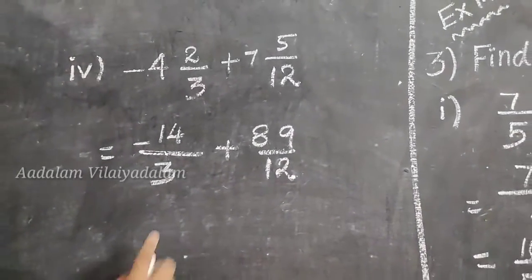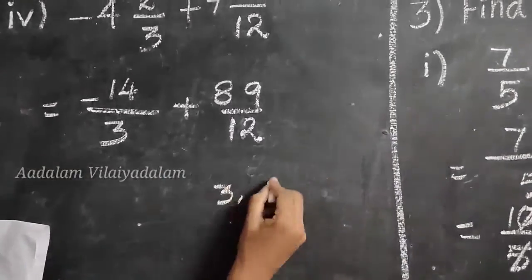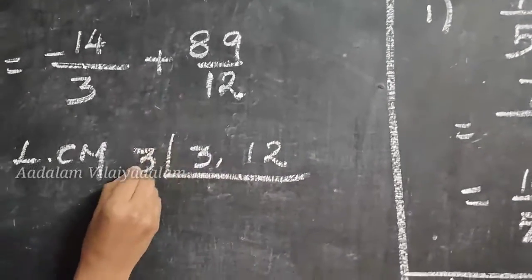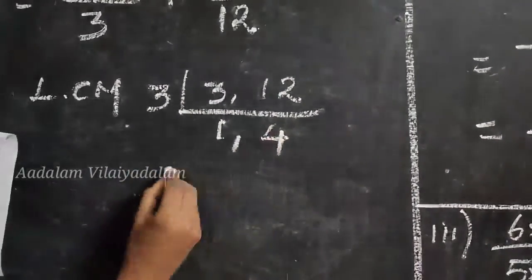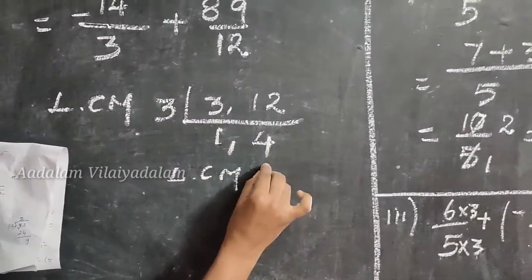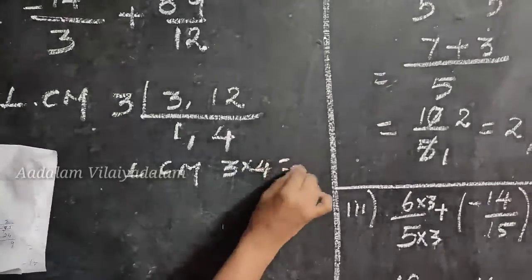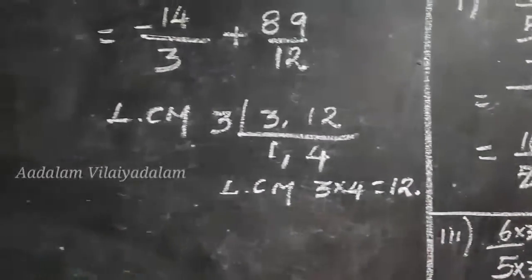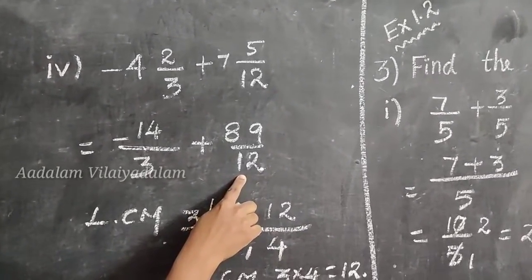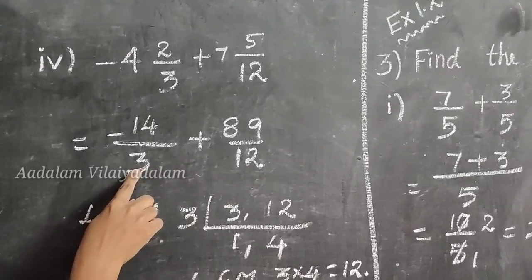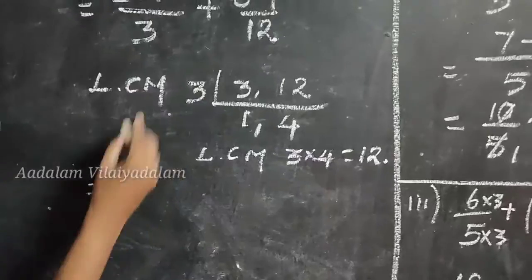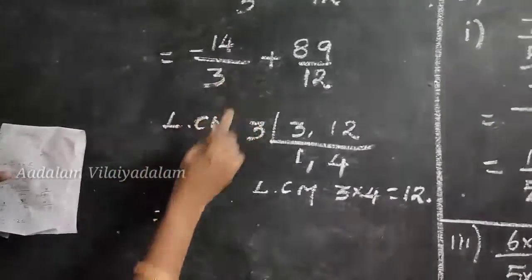So here we have to find the LCM value. So 3 and 12. Find the LCM of 3 and 12. So 3 is the common table. So 1 times, 4 times. So what is the LCM? 3 ones are 3, 3 fours are 12. So 3 into 4, the answer is 12. So 12 is the common LCM only. Here the second denominator is 12, so write the denominator as it is. So the first one only we have to change. In the 3 table, 12 is how many times? 4 times only. So multiply by 4 and divide by 4 also.